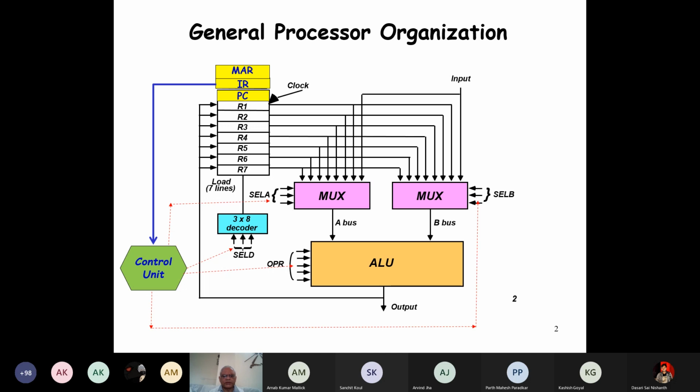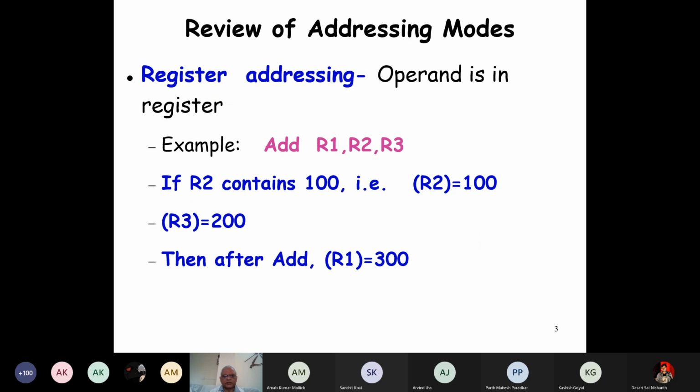And we have distinguished registers here: program counter, instruction register, and memory address register. And the output is again stored back in the register. The control unit controls all these signals, all these select signals, enable signals. The ALU can do various operations: add, subtract, multiply. In the control unit, depending on the instruction type, it decodes and selects the appropriate function of the ALU. Now, based on this understanding, let's proceed.